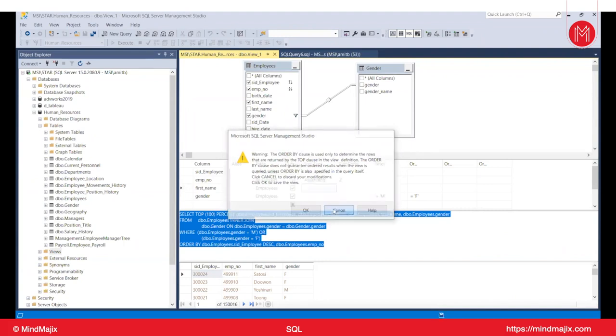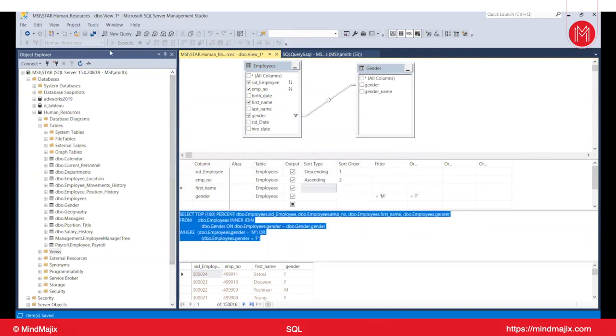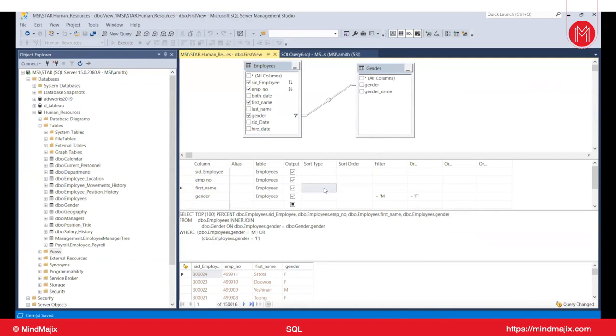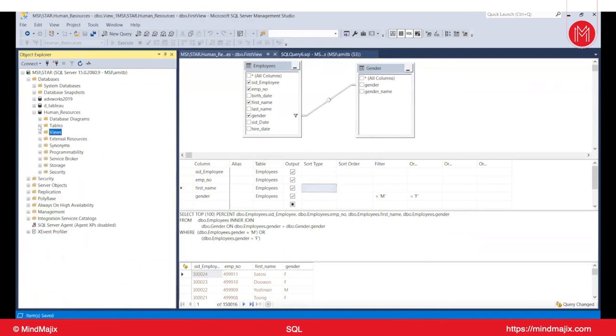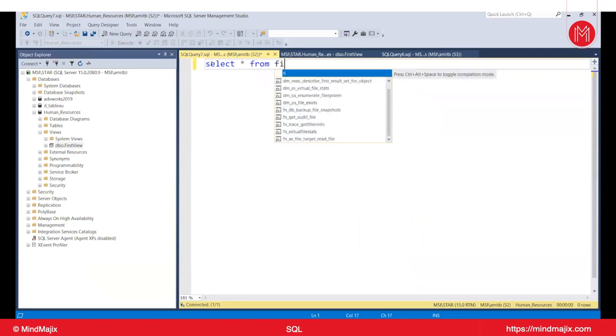In that case, we have to remove this order by option over here. You can select and remove it. Now if I try to save it and I give it the name first view, you can see I am able to save this view. And now if I refresh this view folder, I can see the first view. And now if I write a query over here like select star from first view,